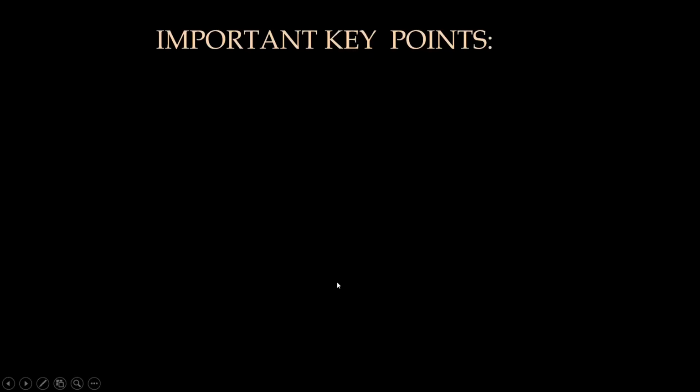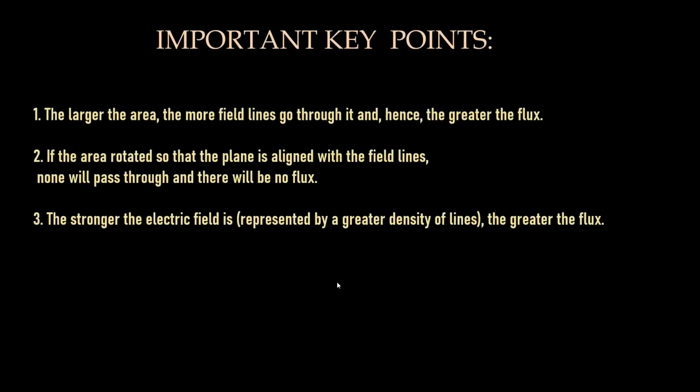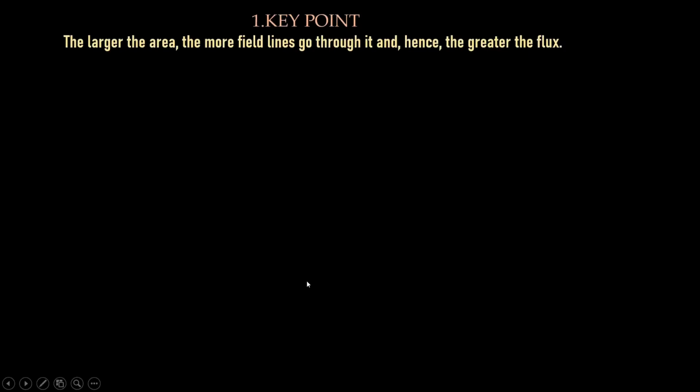Now let's learn more about the electric flux. Certain important key points we will now concentrate on. What are the key points? There are certain factors on which the amount of flux depends. What are they? First is the area. How it depends on area we will be learning later on. Next is the rotation of the area, that if the plane is rotated at some angle, what will be the value of the flux, or how the amount of flux will vary. Last factor on which the electric flux depends is the density of the electric field lines. If they are denser, what will be the flux, and if they are rarer, what will be the flux. So let us learn all the key points in detail.